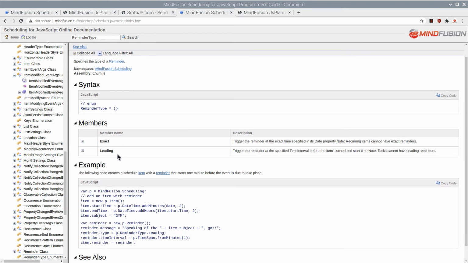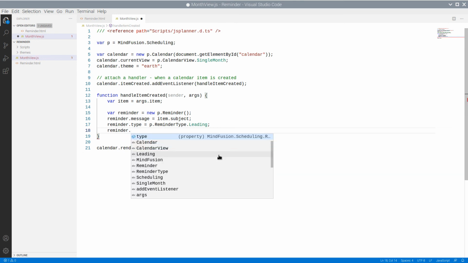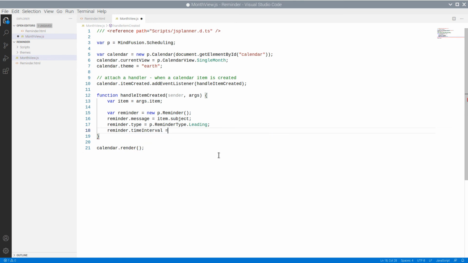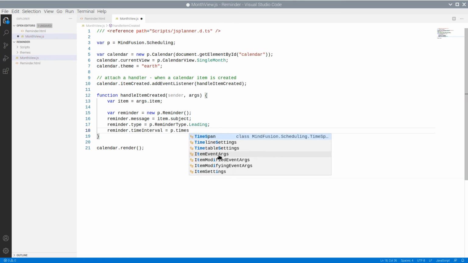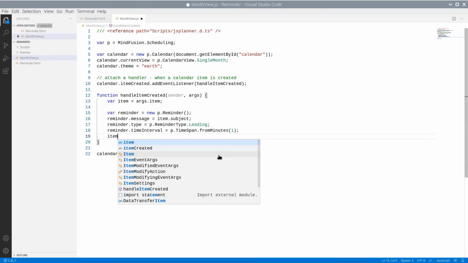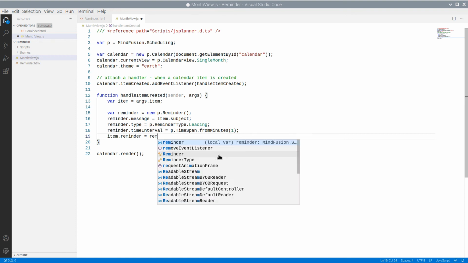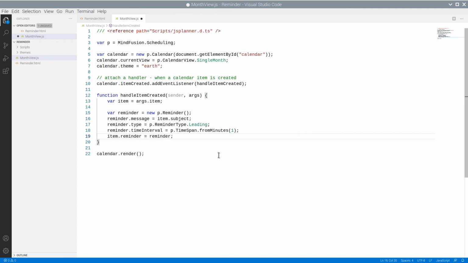Leading means that the reminder is triggered before the event. Time interval specifies how much time before the event the reminder is triggered. Let's set this time span to just 1 minute. Finally, we assign the newly created reminder to the new item through its reminder property.